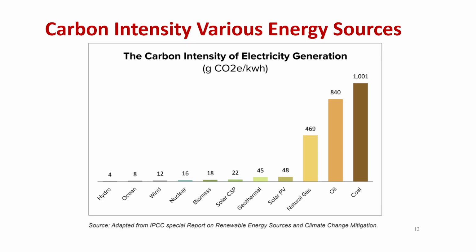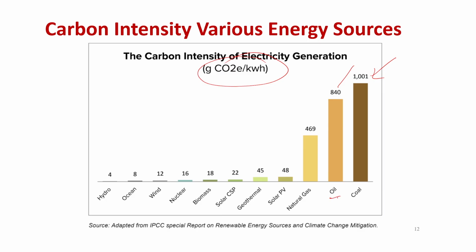If you look at the grams of CO2 which each of these sources produces for generating per kilowatt of energy, we have normalized it per kilowatt of energy, which is the electrical energy unit. If you look at it, coal is the dirtiest form of energy, because it produces the highest amount of carbon dioxide for producing per kilowatt of energy.